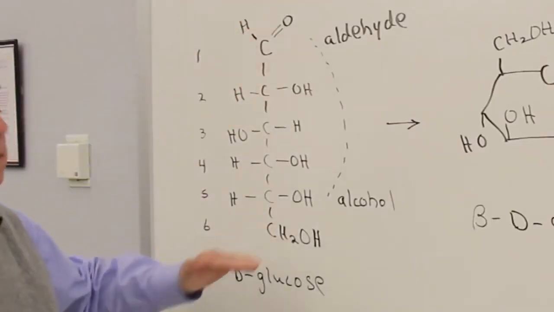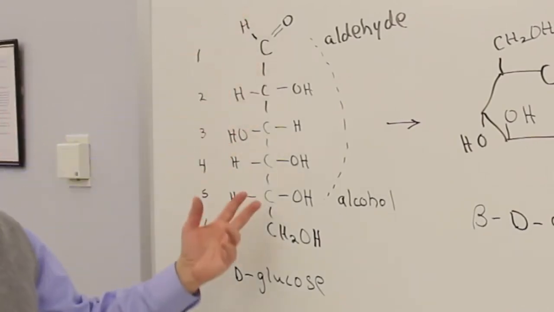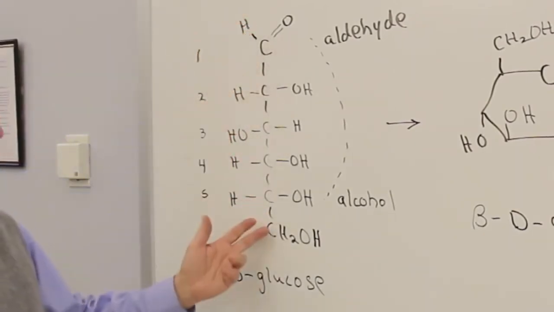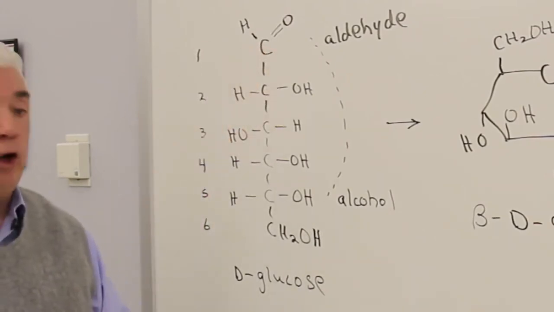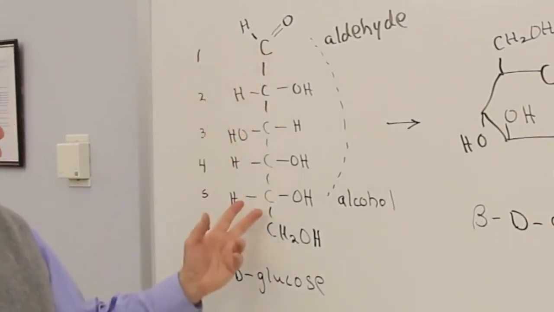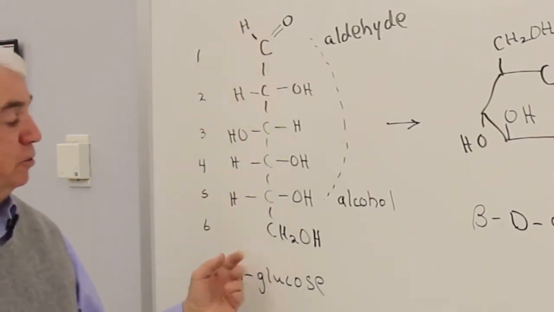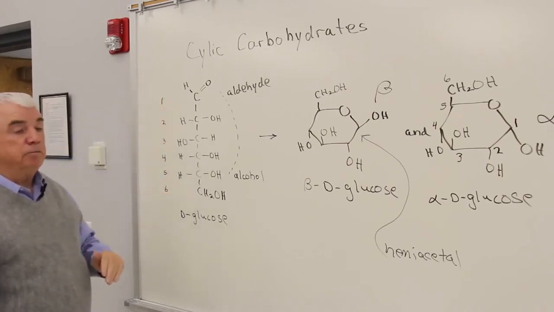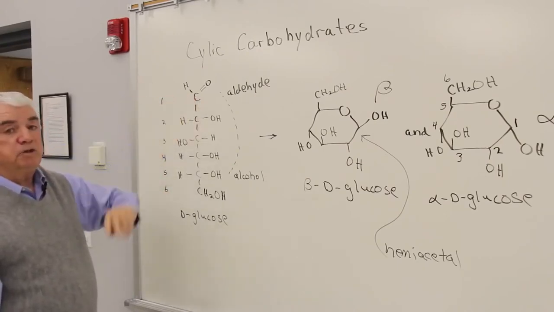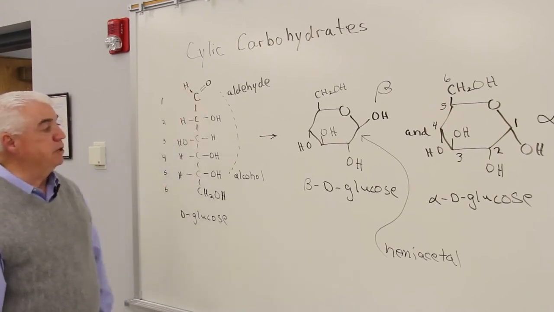in terms of what units make them up and what kind of linkages they have. Here's the open chain structure of glucose, we call it. This is a typical carbohydrate. There are 6 carbons here. It's got an aldehyde at the top, so it would be an aldose. 6 carbons would be a hexose. This is an aldohexose. And we've numbered those carbons from the top to the bottom, starting with the end where the C double bond O is located, or as near as we can to where the C double bond O